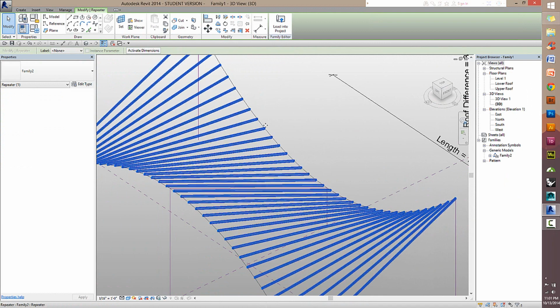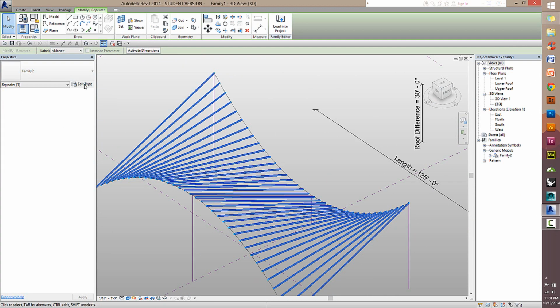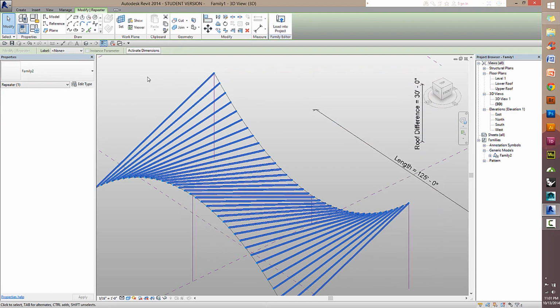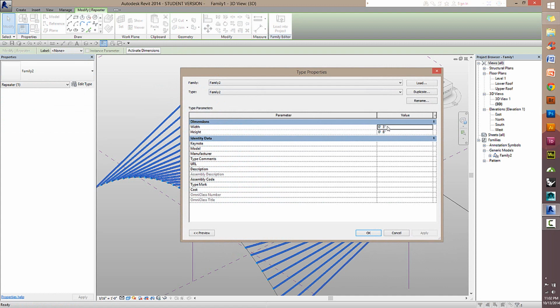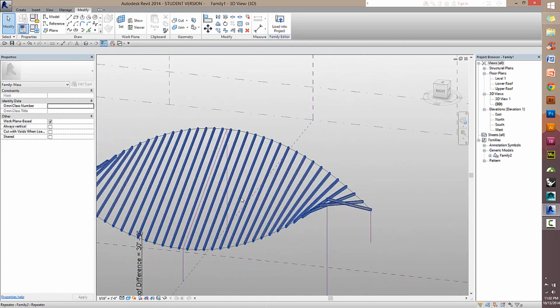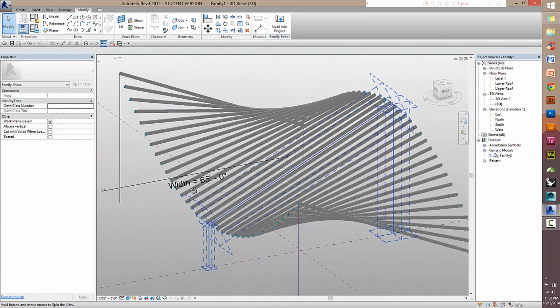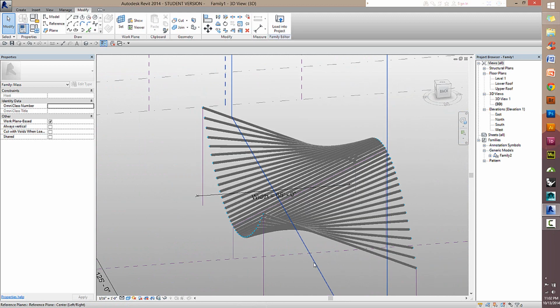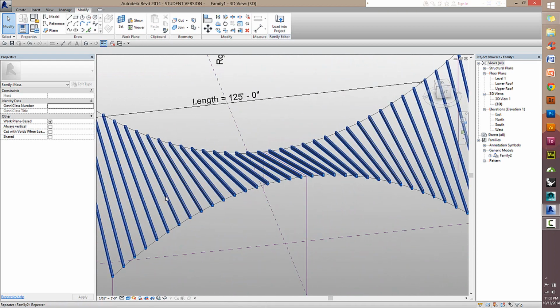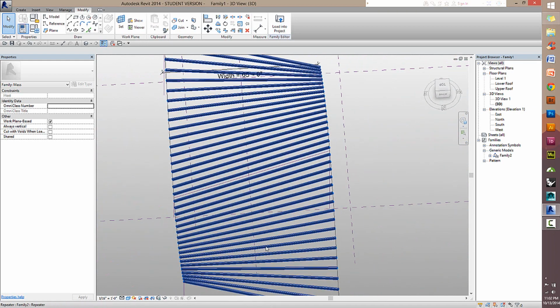The parameters we gave these are also not lost. They've been maintained under their type parameters, which you can get to just by selecting the beams, going up to Edit Type, and then changing the width and height in here. Well, this tutorial has already gone pretty long, so I think I'm going to end it with the roof structure here. Hopefully you learned a couple things watching this, and hopefully you're interested enough in this software to pursue it